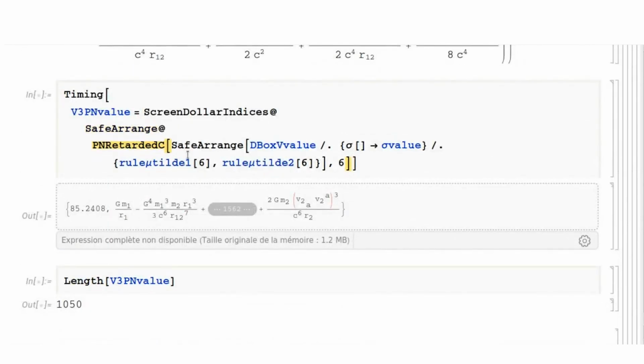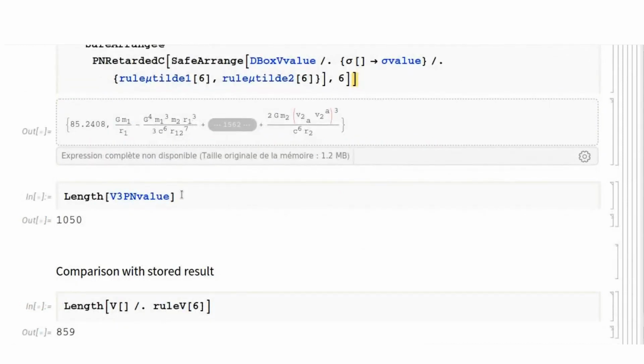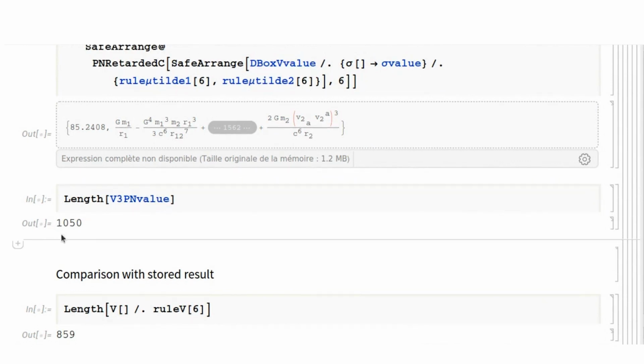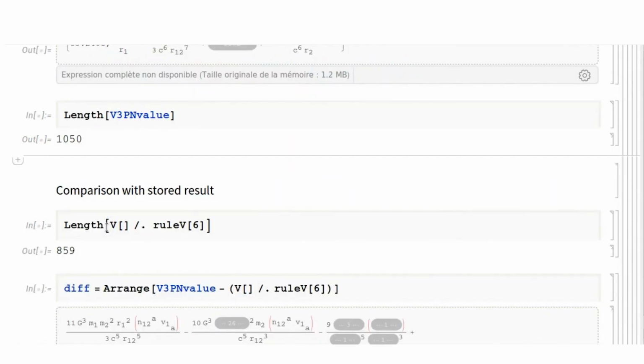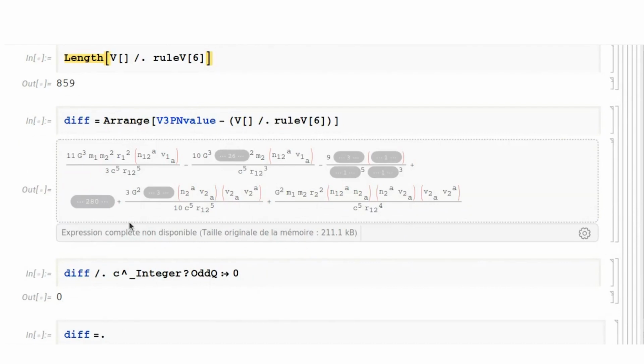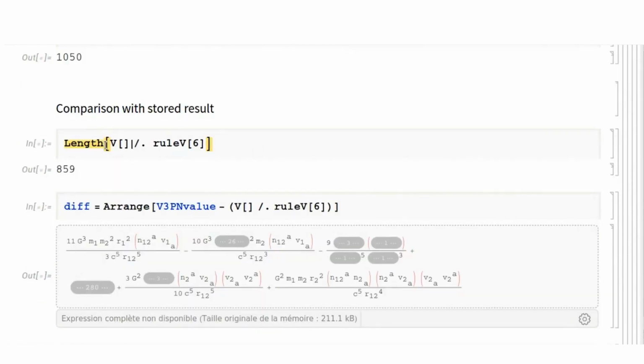So V was needed to compute this mu tilde in the source of V, but only at 2PN order. And here I computed V at 3PN order. When you proceed iteratively, you can compute at higher and higher order. But here you will find something with 1000 terms, not very long yet, but it starts to be a bit longer. It's still not exactly the same as the V that was loaded at the beginning of this session, but